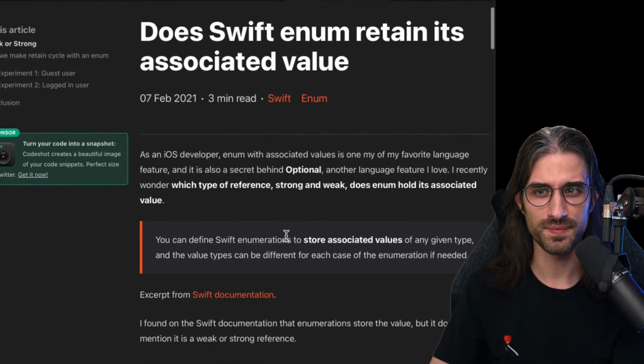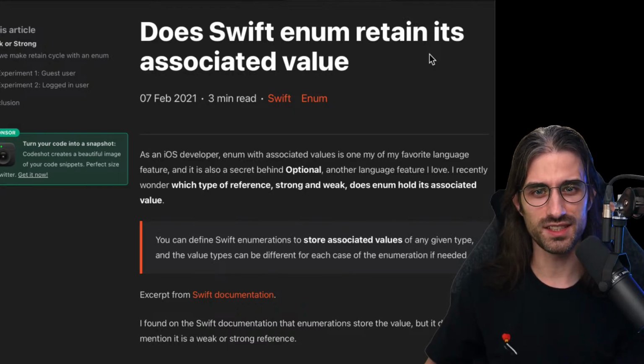Perfect, let's get started. I wanted to cover this article because it asks a question that even though you might have an idea, you might not be 100% sure about. And the question is, does a Swift enum retain its associated value?